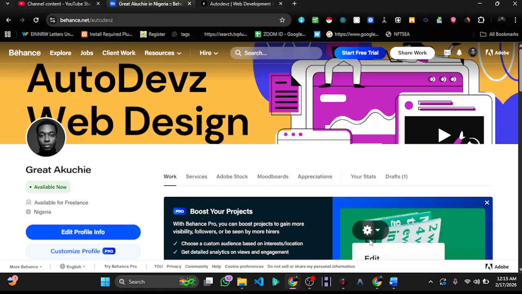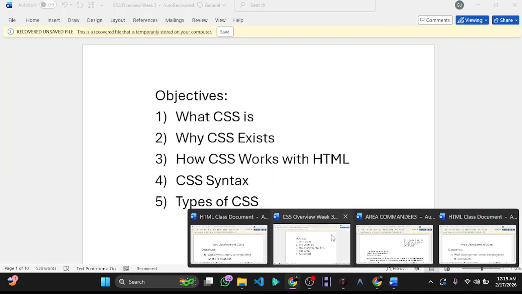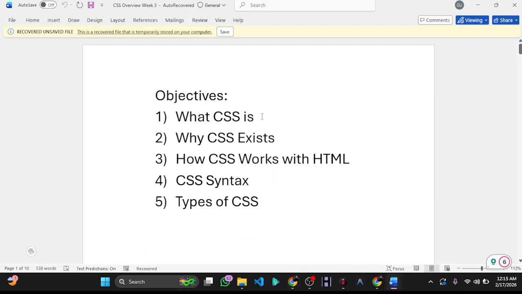In the last class, we introduced CSS. We talked about what CSS was. Let me pull up the class outline so I can go through it. We talked about why CSS exists, how it works with HTML, our syntax, and types of CSS. So, we had all these discussions in our last class, and if you don't remember or you're having problems